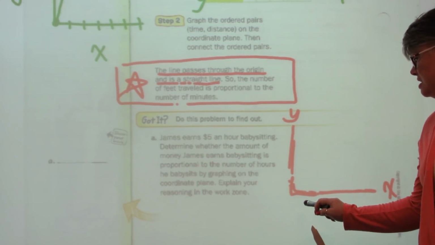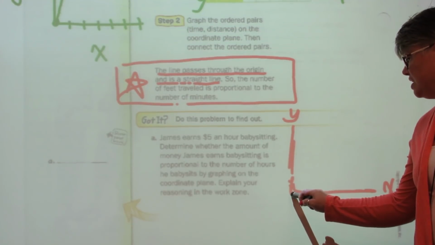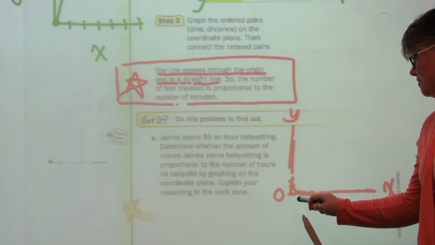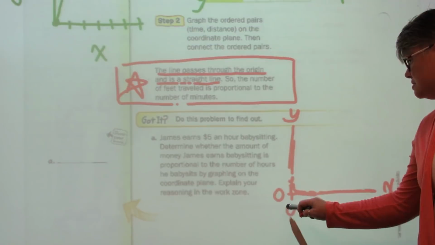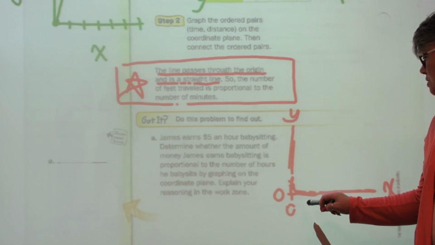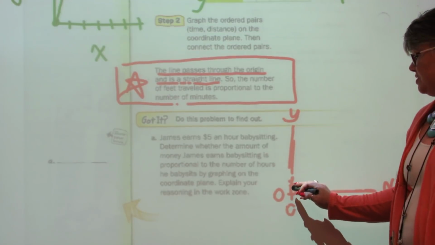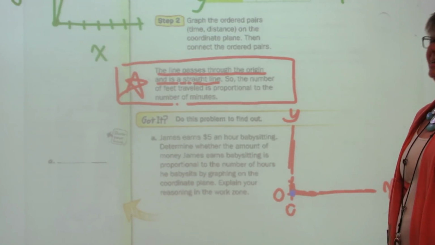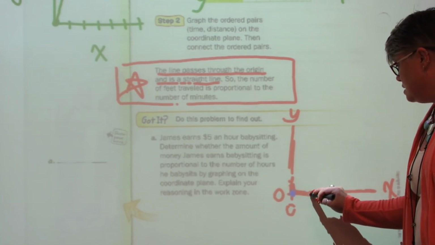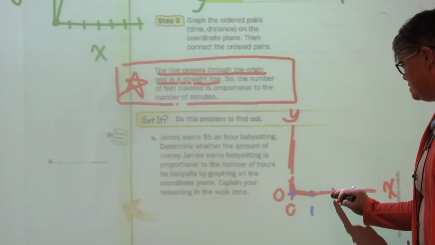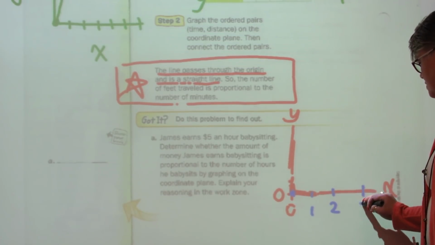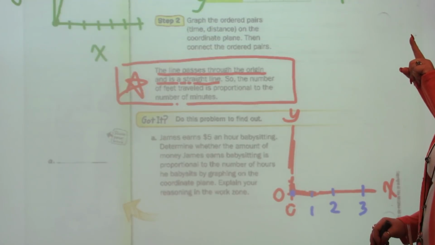X would be the, what is independent? The number of hours that he babysits, right? So that's the 0, 0. What happens when James babysits for 0 hours? He gets $0, okay? And then I have 1 hour, 2 hours, 3 hours, and then